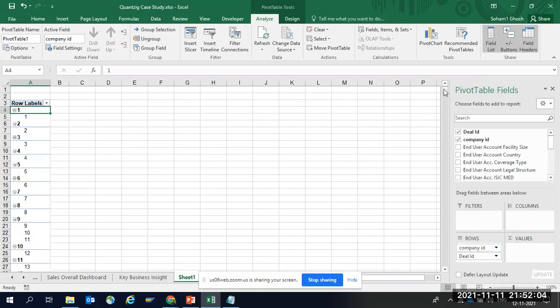Now, can you tell me what is it? One to many. Got it? So that means your deal ID is a unique ID. Not deal ID, sorry. Company ID is a unique ID. Okay, so that's how your IDs are decided basically. The rest will all have duplicates. A column without a duplicate generally acts as a key to join the